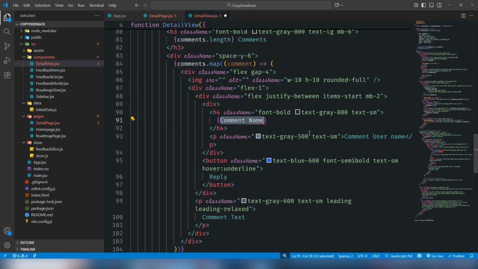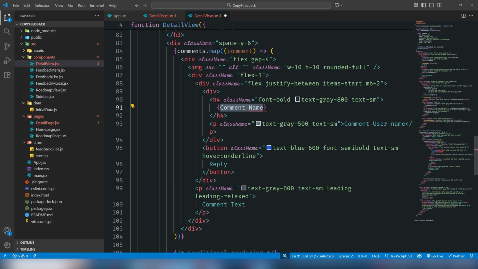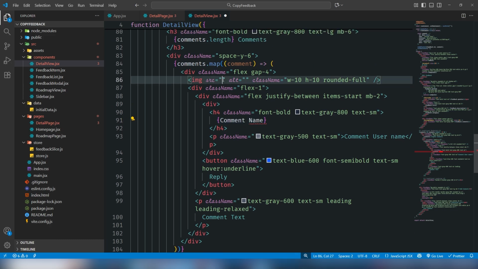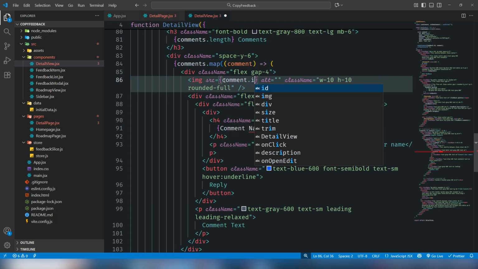Where is the image? Okay, here is image. So I need to use comment.image, not image, avatar,